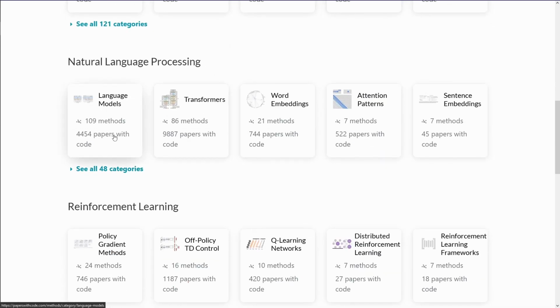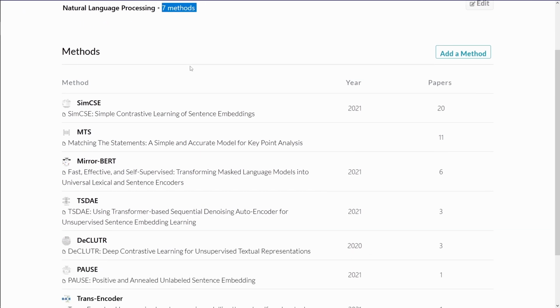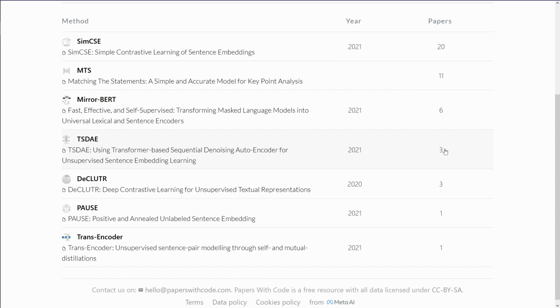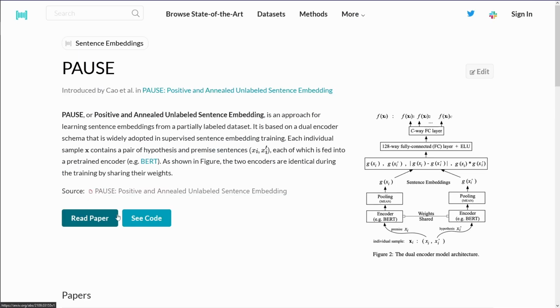You say, hello, yes. Here we are, for example, sentence embeddings. And they tell you there are 7 methods. Well, I know at least 10 further methods, but nevertheless, it gives you a beginning you can start with. SimCSE is a beautiful methodology. TSDAE is one of the main working tools if you go to Sentence Transformers. It shows you there are 3 papers. Great. They also have PAUSE. I do not know what PAUSE is. I just click in there and there's 1 paper. And I can see here